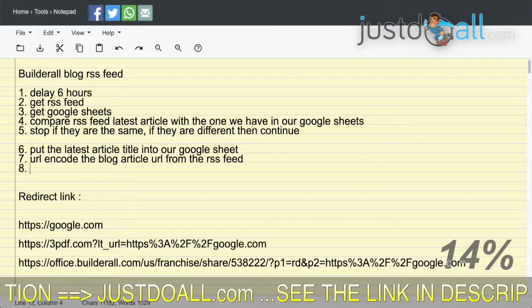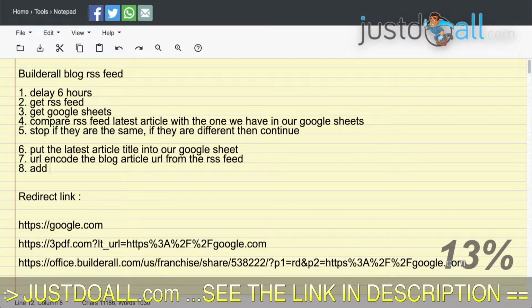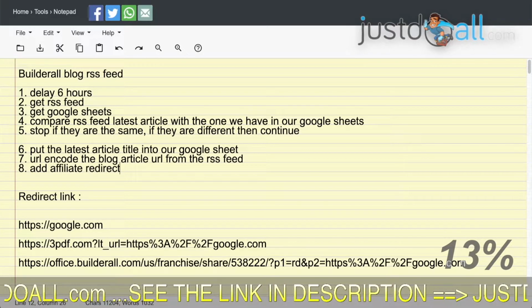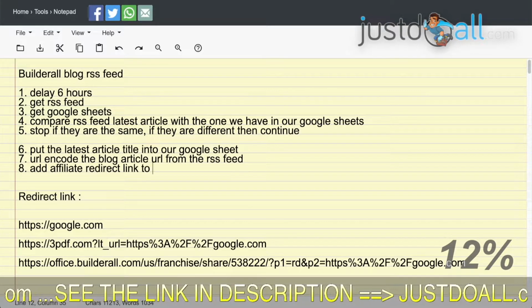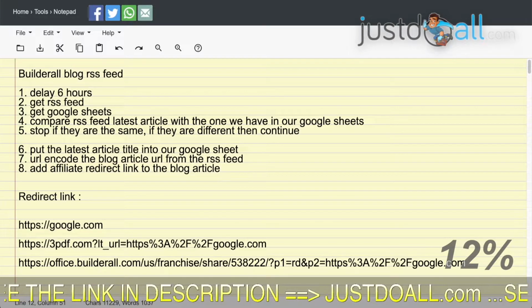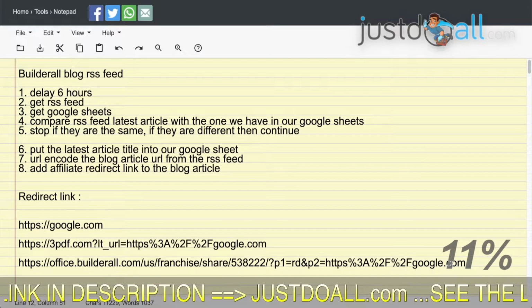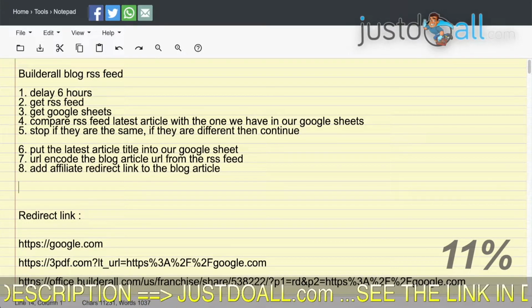Then number 8, we add the affiliate redirect link. We add it to the blog article URL, let's say like this, but URL encoded. That's what we do. And then we are free now. We have everything we need.